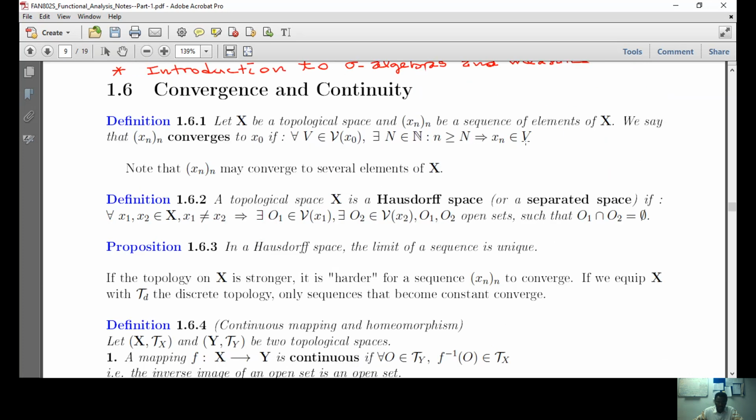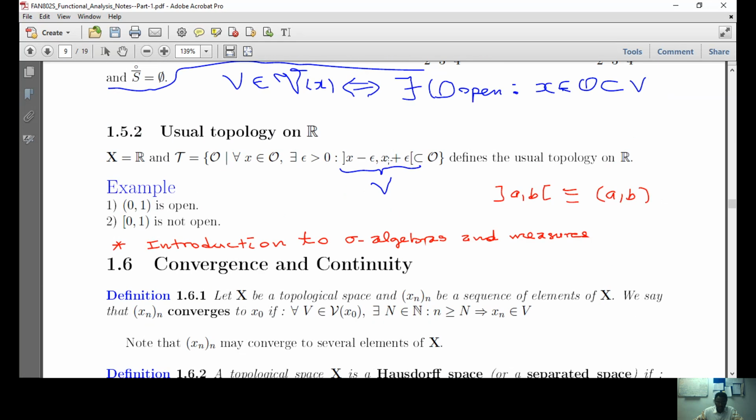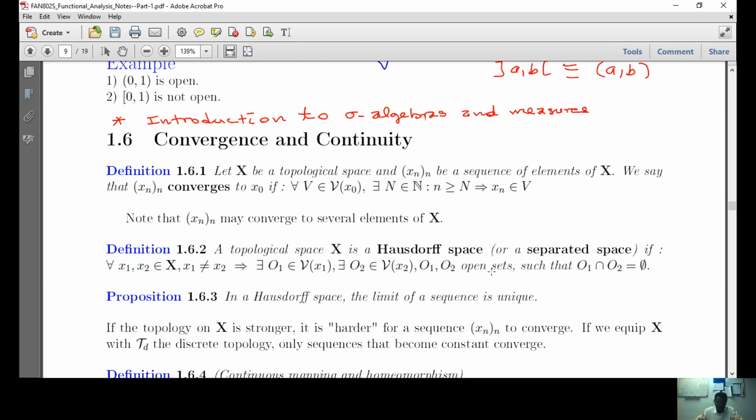So your V here, the neighborhood of x0, will be written in this form: x0 minus epsilon, x0 plus epsilon. To say that xn is in that neighborhood,